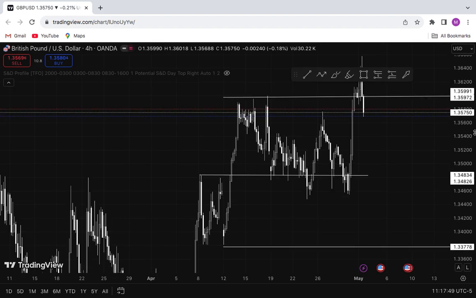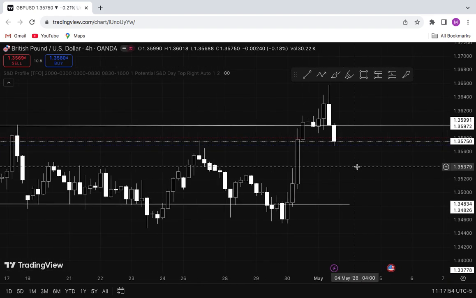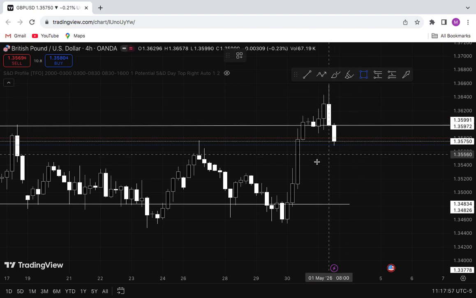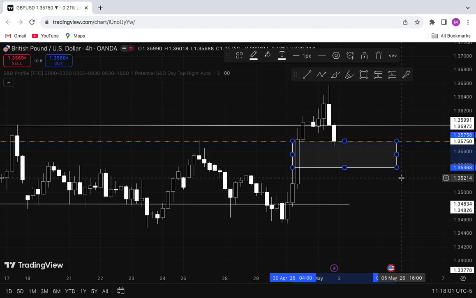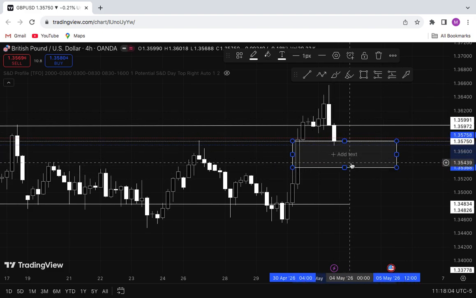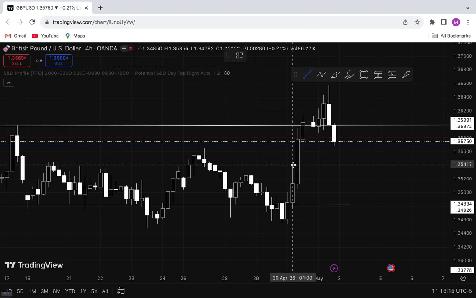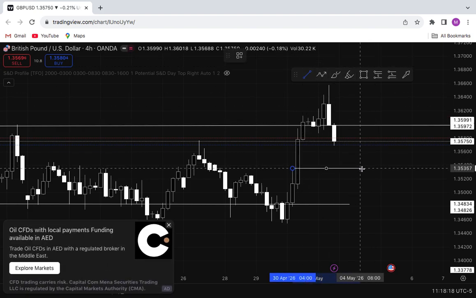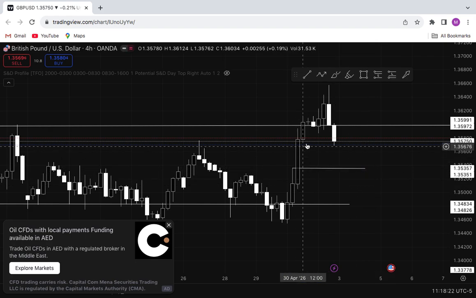And now what are you looking at? What I'm looking at is this fair value gap. We have a 4 hours fair value gap. You're looking at price to collect liquidity from this fair value gap before you are looking at more buys. But I don't like marking my fair value gap like this, because when you mark a fair value gap like this, it might be easy for the market to induce you in buying early. So I like marking my fair value gap like this. This candle, and this is the gap.